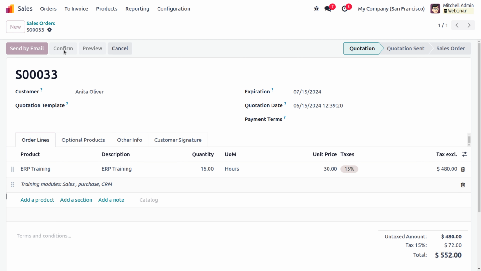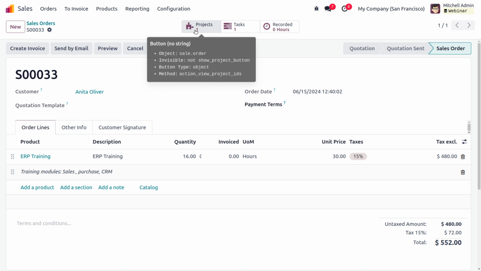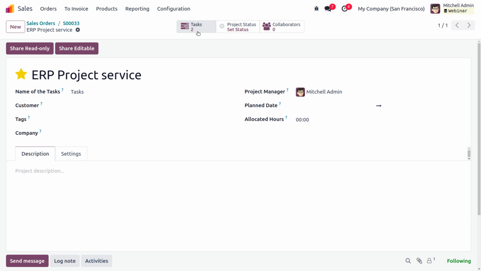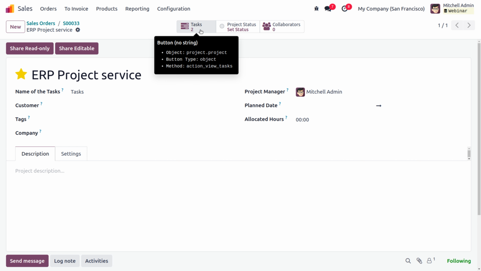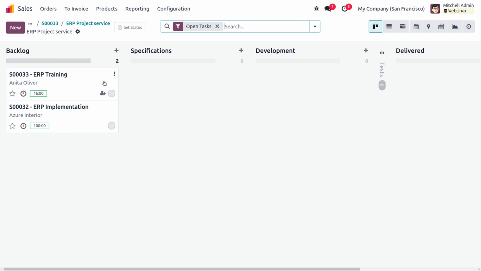Okay, so similarly, when confirming this, again one more task has been generated inside the project. So when you look into the ERP projects of service, you can find two tasks. One is for Azure Interior and another is for Anita Oliver. And one is for implementation and another is training. And the next is